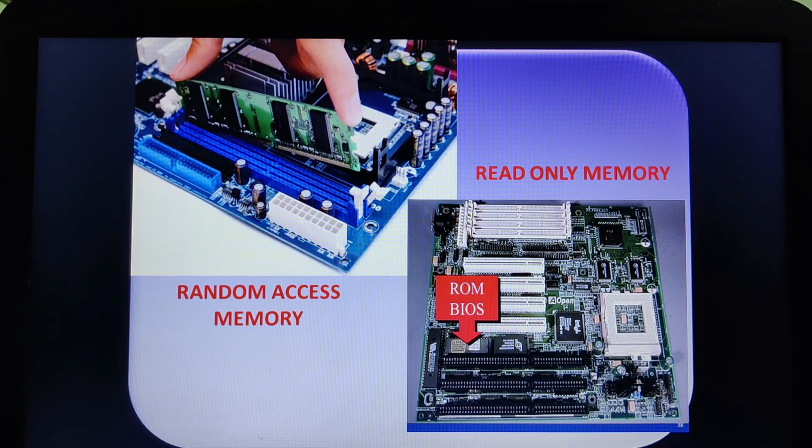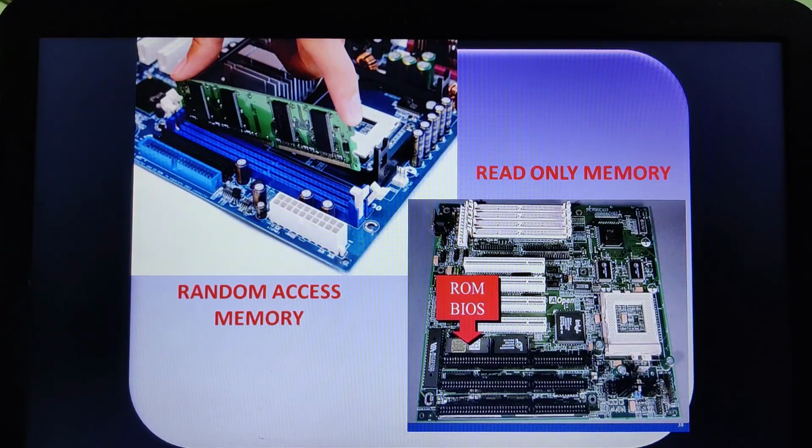So I hope you are able to understand. Here, one question is very important from your exam point of view: What is RAM, and explain the types of RAM. They will usually ask about the difference between the dynamic random access memory and the static random access memory. Dynamic random access memory needs continuous refreshing, whereas the static random access memory doesn't need any kind of refreshing, isn't it? You should be able to write this difference in the examination.